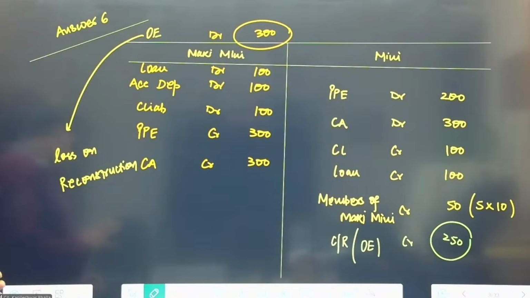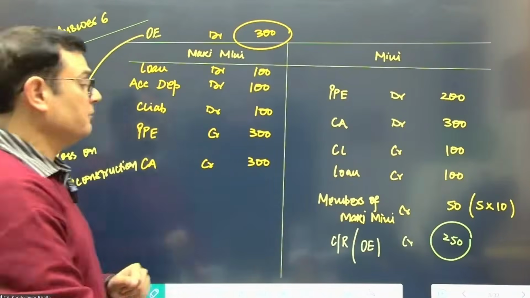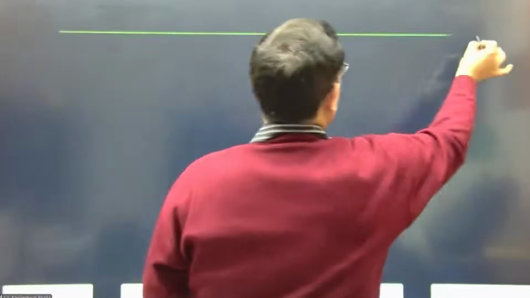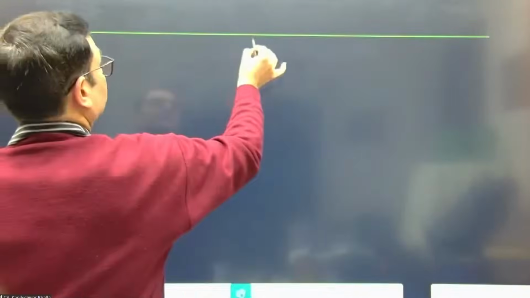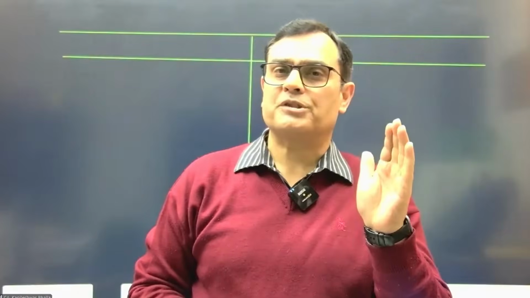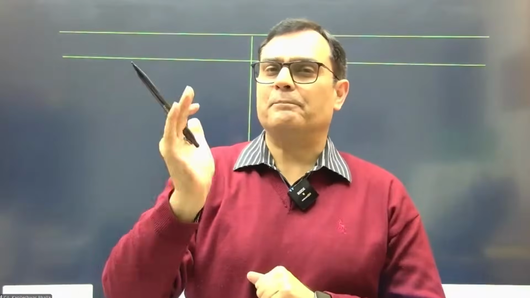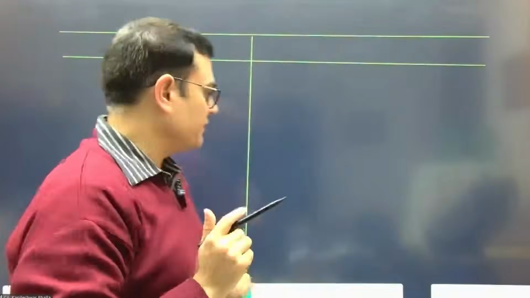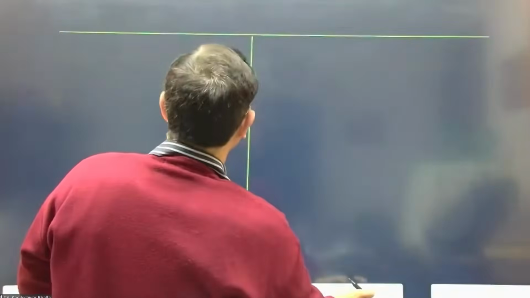Okay, so I'm now going to consider the next input in this case. Let's now go to the balance sheet of the company. So now let's see what is the balance sheet status of the company. We need the balance sheet of Maximini pre-post demerger and the balance sheet of the company, which is Mini.